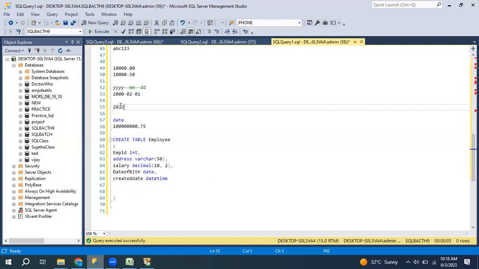So 2023, June 3, like 10:18:00. I need a time as well. Like this format, I need to save the data here. So by seeing this, I will understand, okay, this record was inserted at this particular time, particular date and